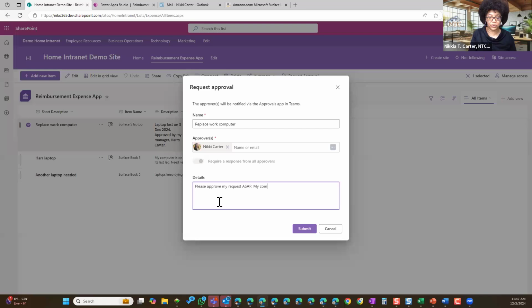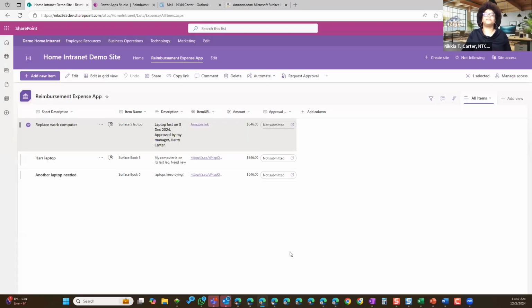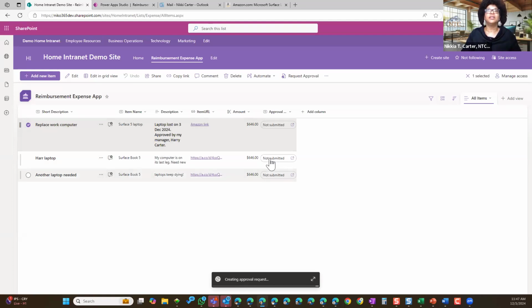My computer is dead. Okay. And then I hit submit. And then you'll see it's saying we're creating the approval request. And then this is going to change in a second. Okay, approval request created, it says that it's requested.